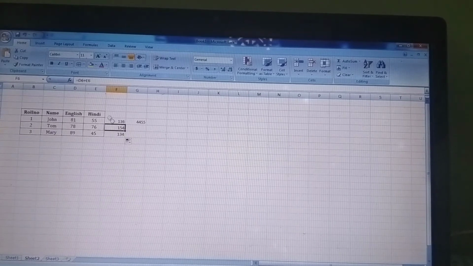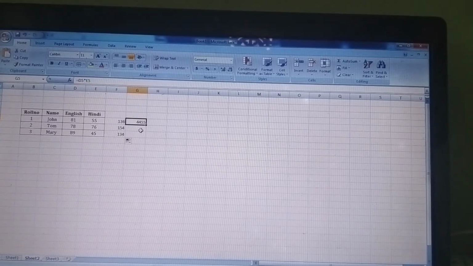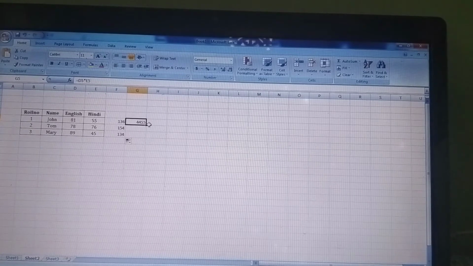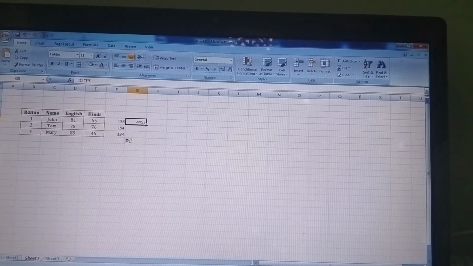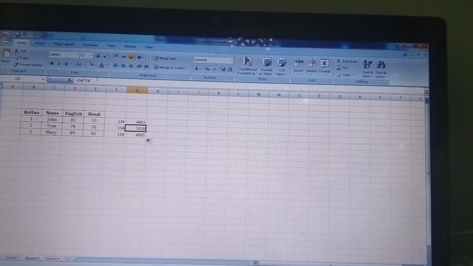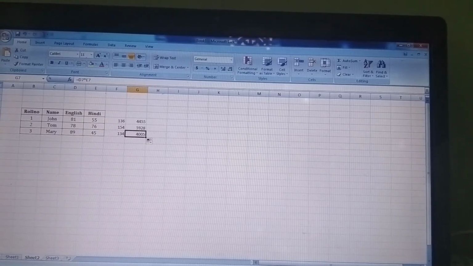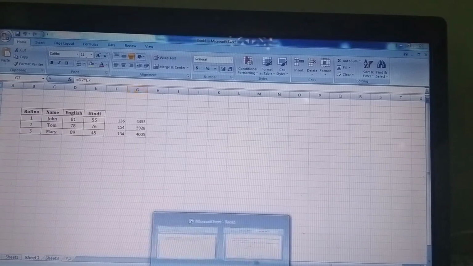You will be able to see the formulas also in the formula bar. Now again I have to do the same for these particular cells. Again I will select it, take my mouse pointer over there and drag it down. You can see the addition calculation has been done. You can see the formulas also. So this is the way we can do shortcut formulas.